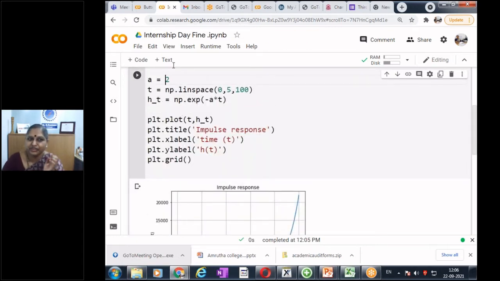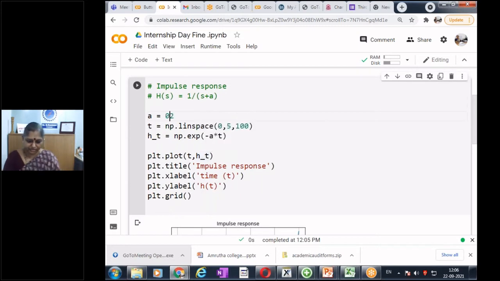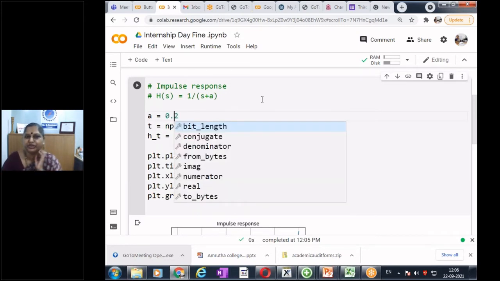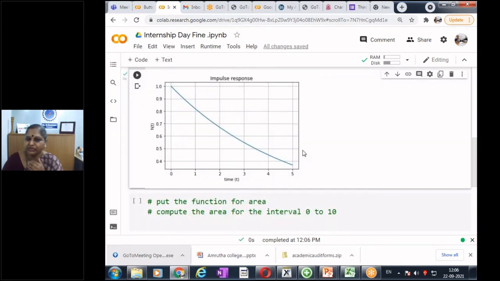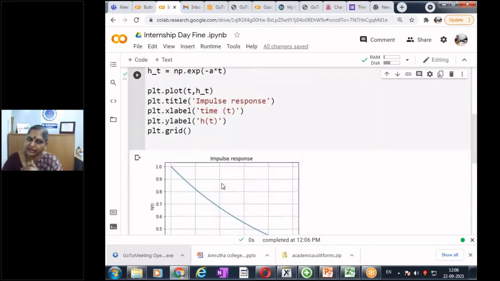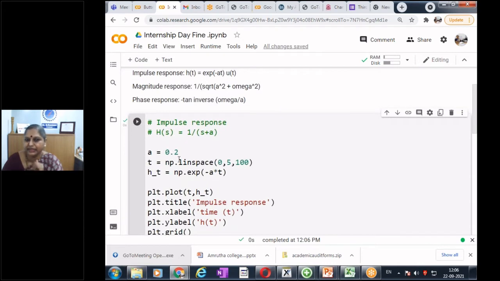So now instead of A equal to 2, run it for A equal to 0.5, 0.2. A equal to 0.2. Now run and see what happens. Is it stable, unstable? How do you compare A equal to 1 and A equal to 0.2? How is it going now? It is slowly decreasing because we have fixed our time, because my rate of decrease is e power minus at and A is 0.2.